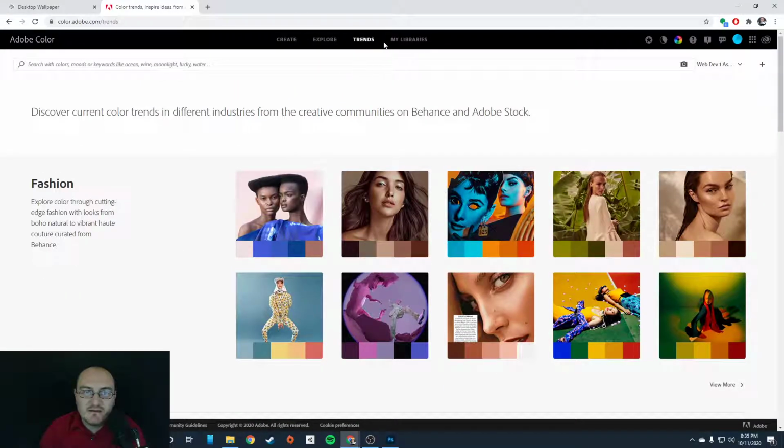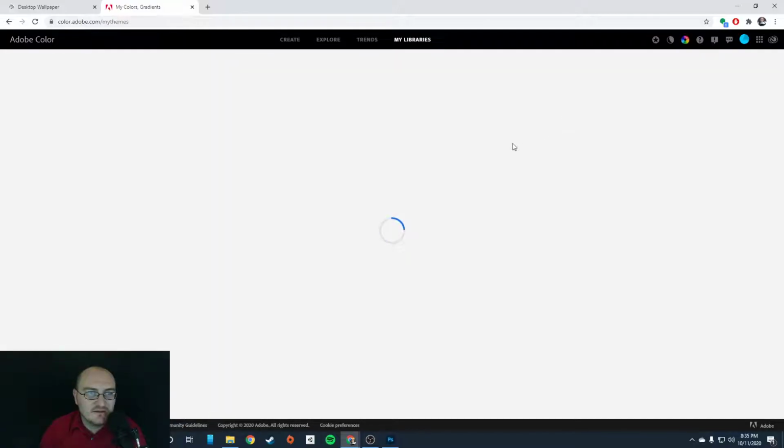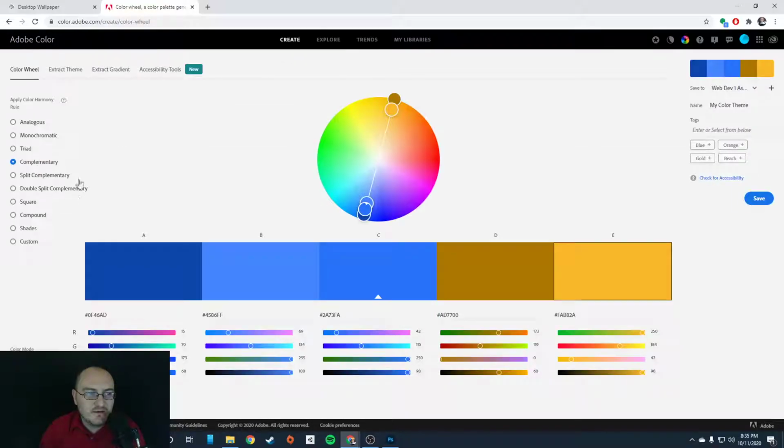And then my libraries. I don't think I have any palettes saved here to my libraries yet. Web Dev 1 assignments, maybe. My library, no. So I'm going to go back here, and I'm going to pick